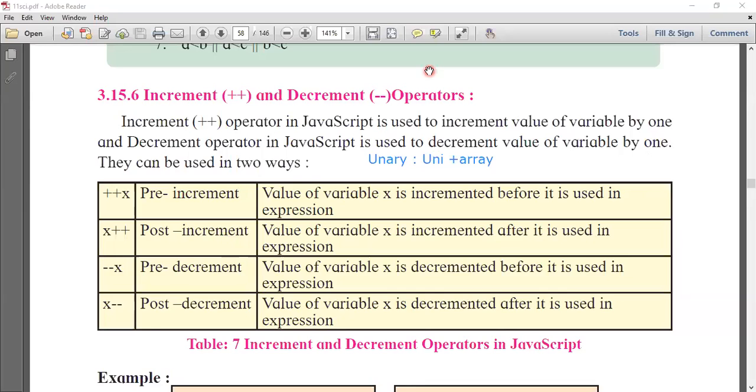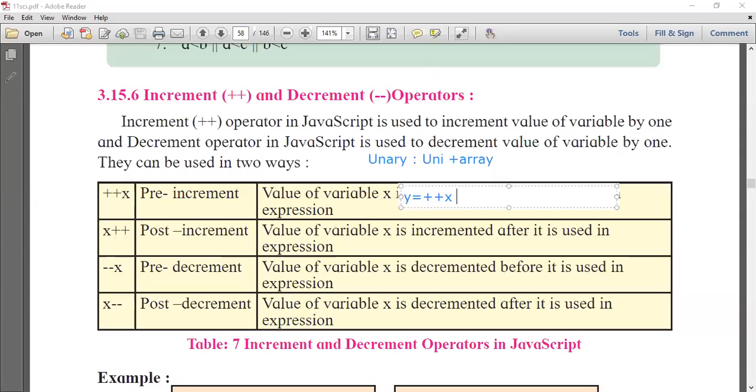Now see, I am writing an expression here. Here the expression is y is equal to plus plus x. Okay, here I'm writing y is equal to plus plus x.